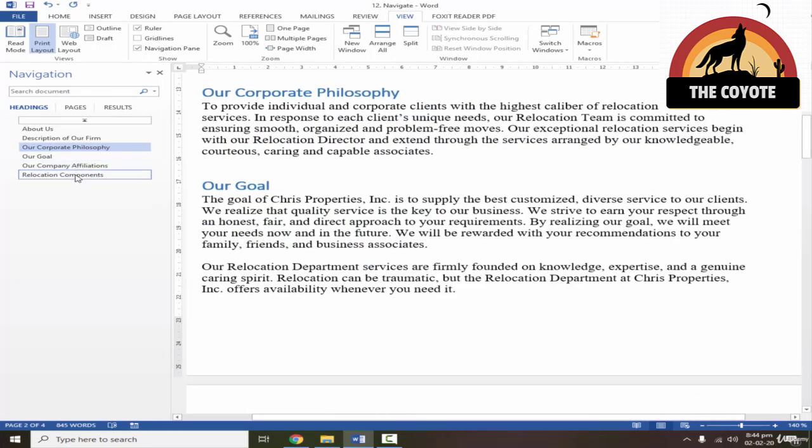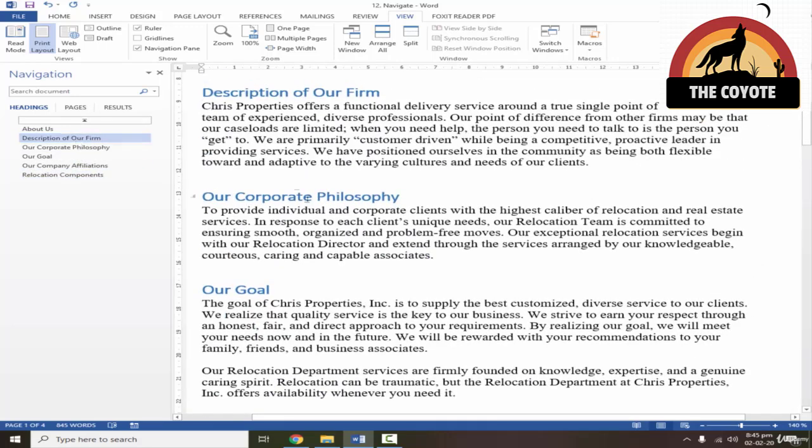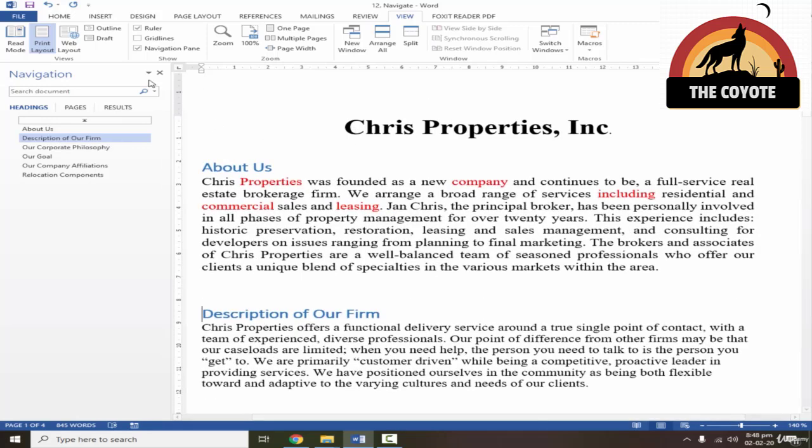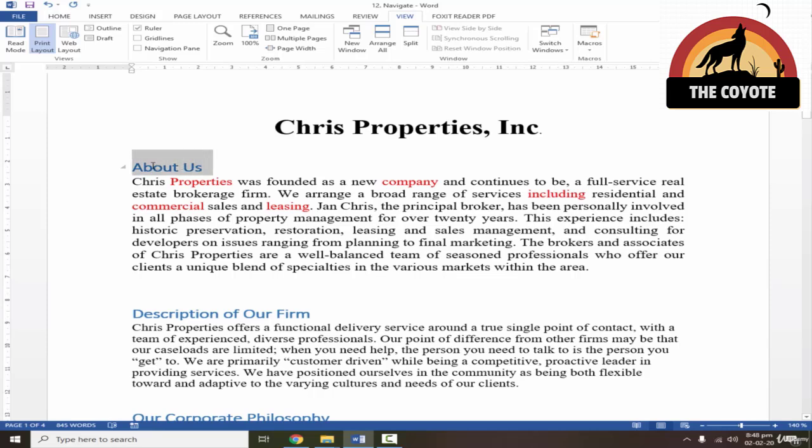This is amazing, right? For larger documents, this is very convenient if you want to read through a specific part of it. Now the question remains the same, that if I want to manually format and borders and shade this heading, how can I apply that easily with this option?